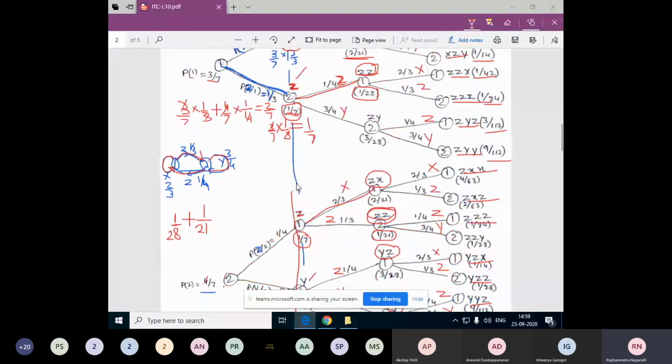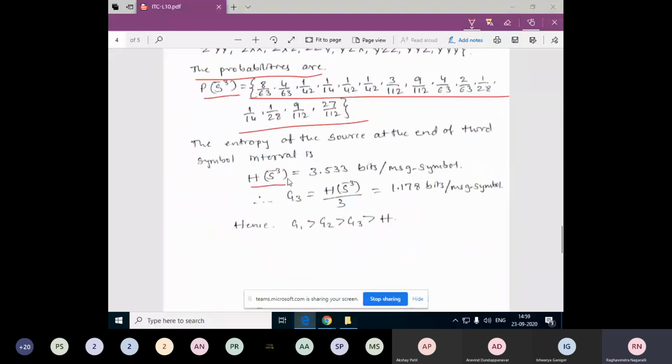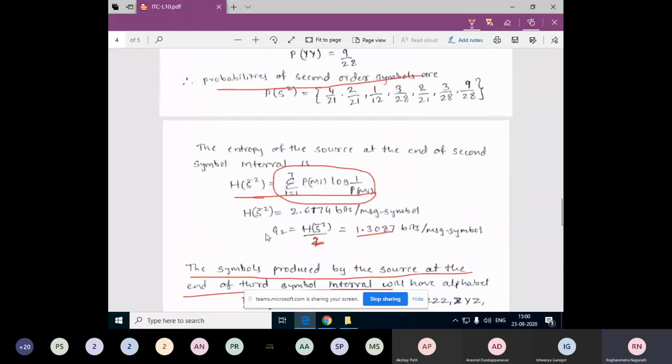Okay. Now entropy for this third extended source. So this is what we get. So now G3, calculating the G3, just dividing this entropy for the third extension by 3. So this is the n value. So this n value we have substituted as 3 because it is a third extended or third order probabilities. So this is what we get. So one thing, let's check first what we got as a G1. G1 value is 1.55.